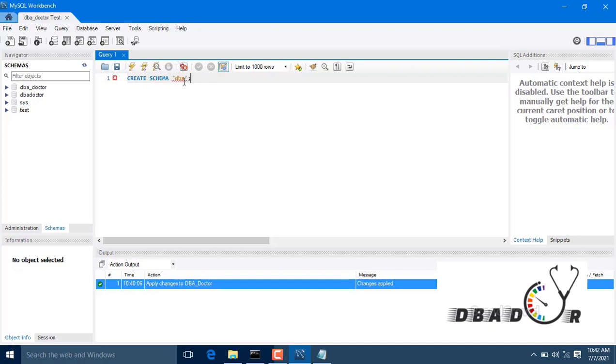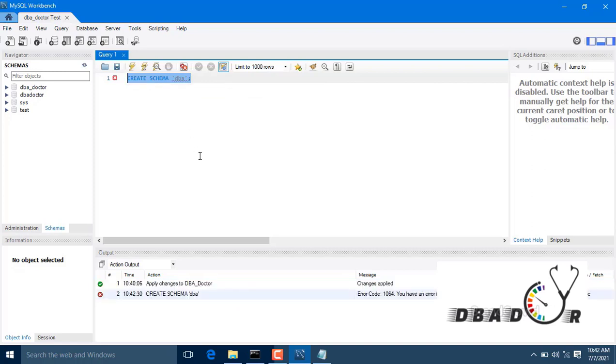Once it is done, this is the execution portion: we select and execute the portions. But it is saying you have another syntax, so that means you don't need to keep this one. This syntax is not required.